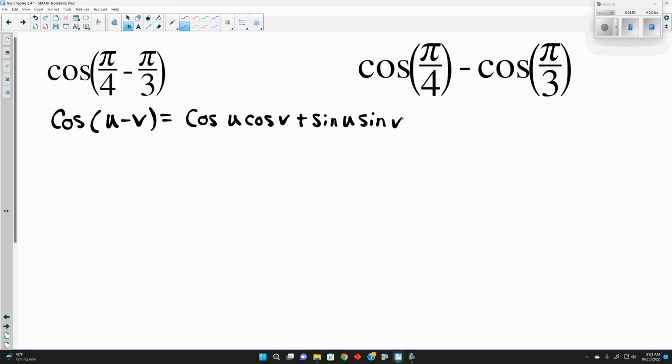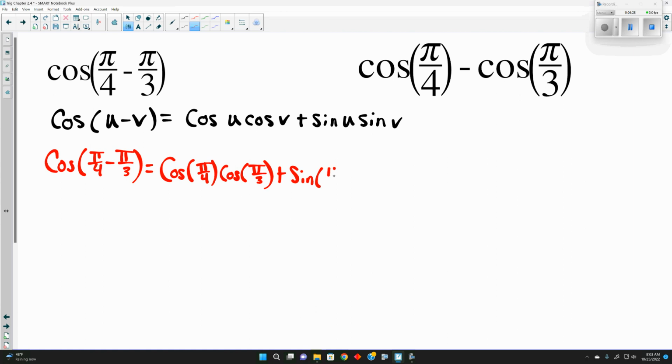We do have it up there, but you don't have to memorize all these. I'm not going to make you do that. That's why I gave you all the reference sheet a few weeks ago that had these. All we have to do is input the corresponding numbers. So we're saying that we have cosine of pi over 4 minus pi over 3. It's really saying we have cosine of pi over 4 times cosine of pi over 3 plus sine of pi over 4 sine of